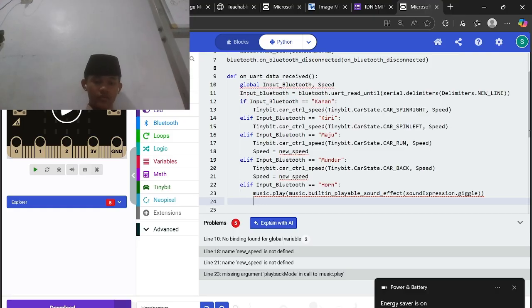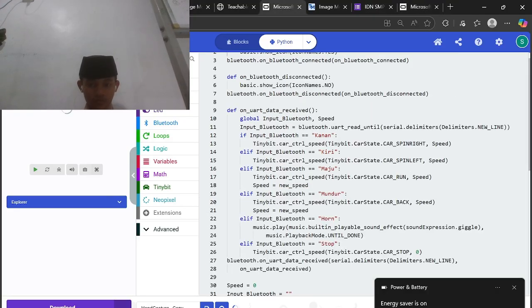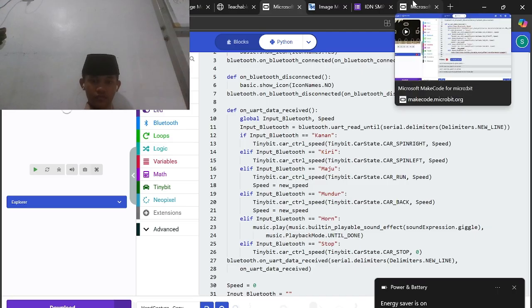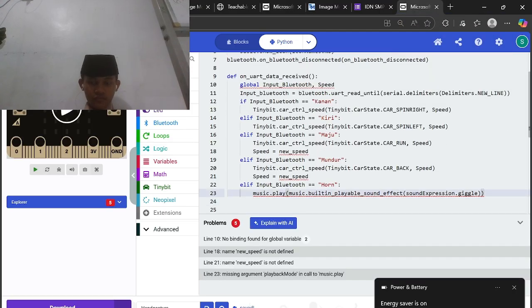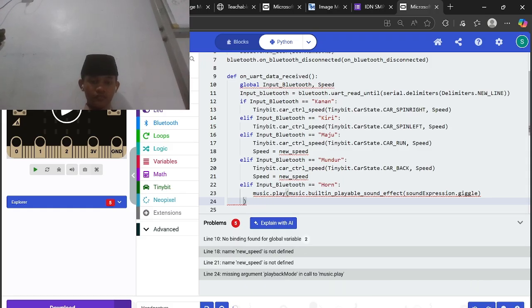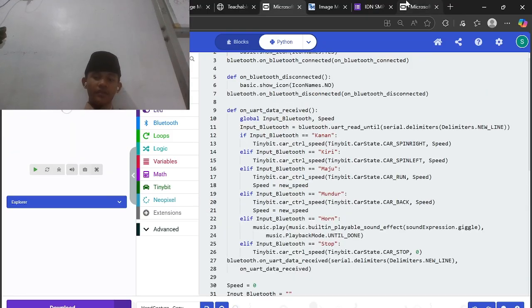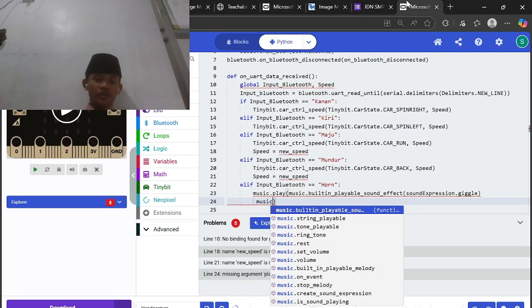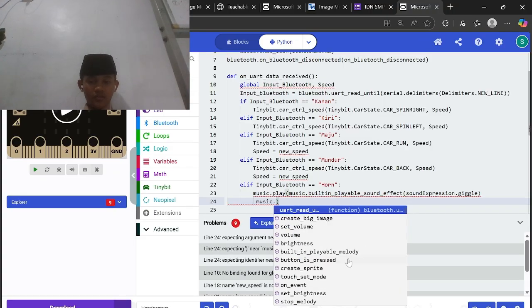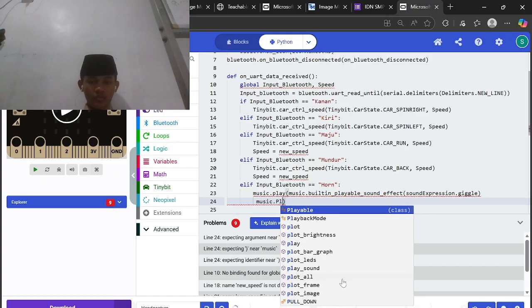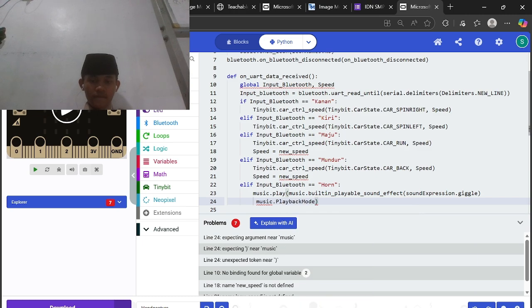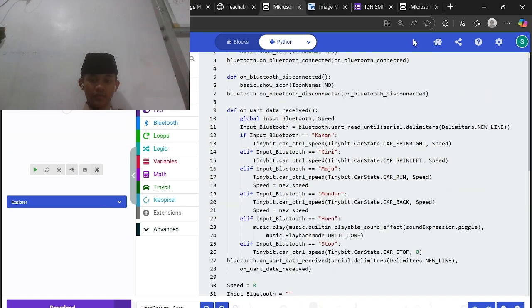Wait, I think there's something wrong. Like this. Music play back, and so it means the music will play in play back mode until then.